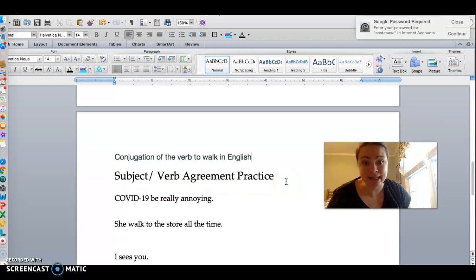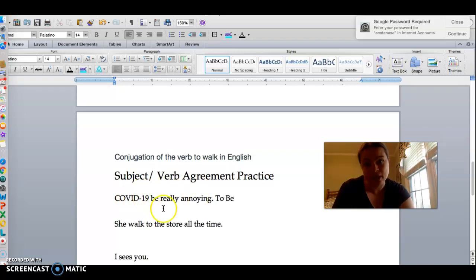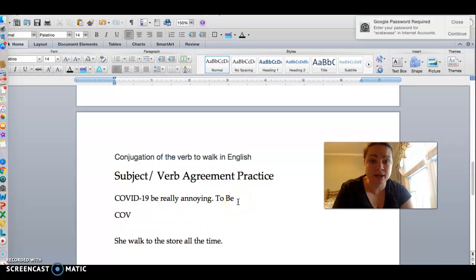Let's look at some of these examples. COVID-19 be really annoying. So this is not standard English. Okay, maybe it's something that you would say to friends and that's totally fine. How you speak is totally up to you and your communities and all of those things. But in standard written English, this is an infinitive form. Like this is the verb to be. So it's not agreeing with COVID-19. So you'd want to break it down to COVID-19 is really annoying. And then you have COVID-19, which is singular. The word is singular, and it's got the verb is next to it